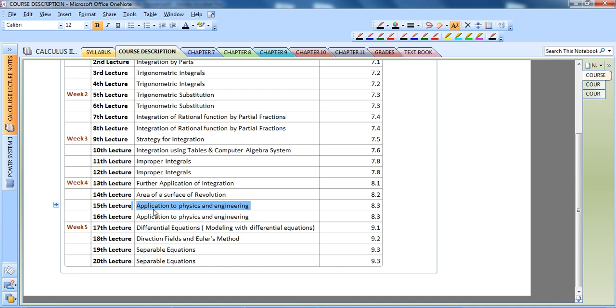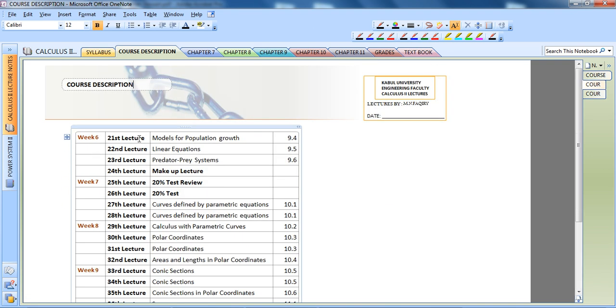We'll cover application to physics and engineering. Application to physics and engineering, again continued. Differential equations, direction fields and Euler methods. Then separable equations, which is chapter 9. Then separable equations. On the next page, week 6, we'll have models for population growth, linear equations, predator-prey systems, and